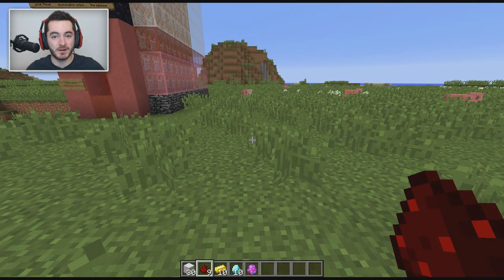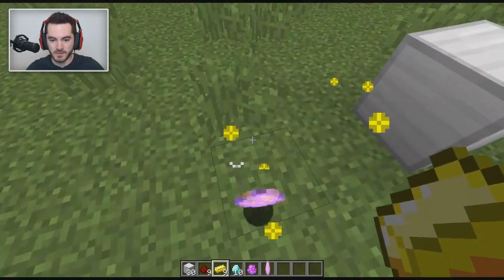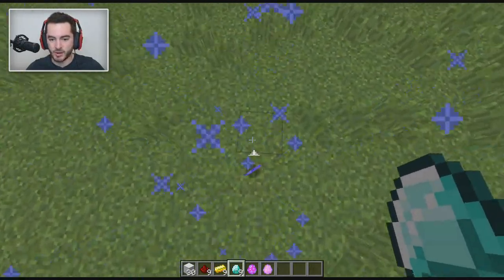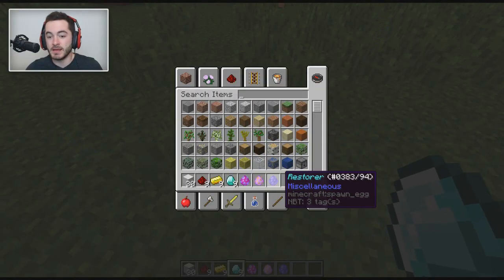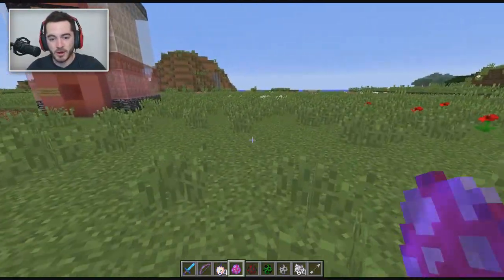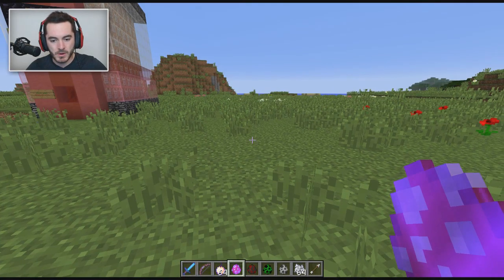Destroyer. When you put this down on the ground, it will enable Hell Mode. You've also got the Stabilizer, which you can make by throwing a gold ingot onto one of these iron blocks. And finally, diamond onto an iron block will give you the Restorer, which disables Hell Mode. I've equipped some decent weaponry and armor. You're gonna want to do that unless your goal is to get destroyed, but now we should be ready to